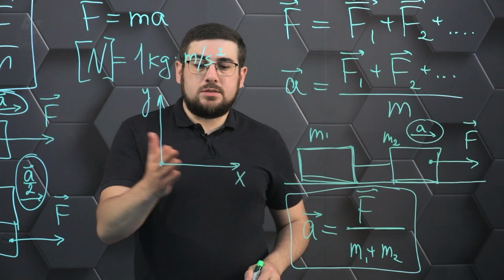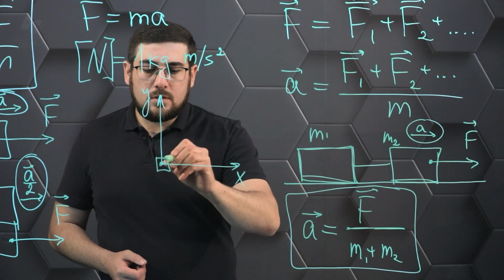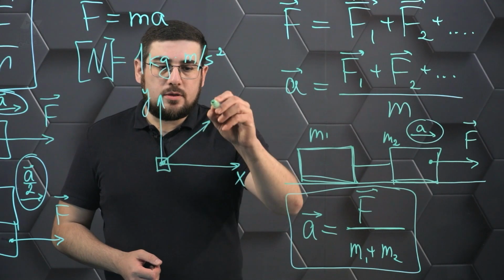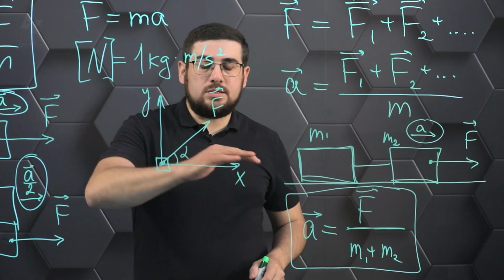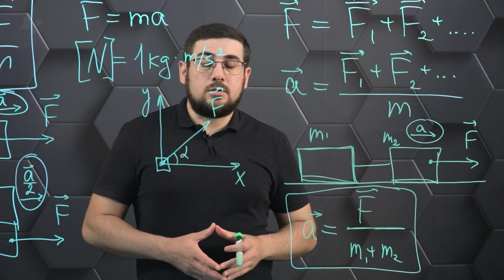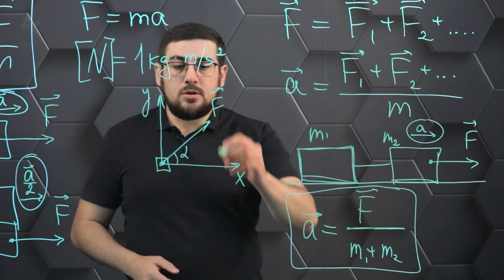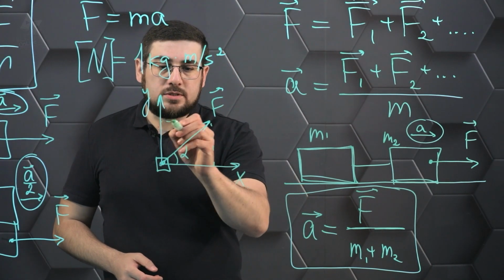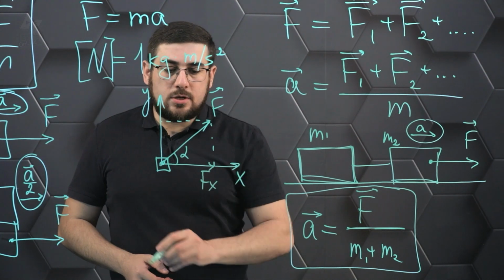Let's say we have two axes, and the force acts on the body in this direction at some angle alpha to the x-axis. Then in this situation we can look at the components of this force as projections onto the corresponding axes. That is, we can break it down into two components. We get then component Fx and